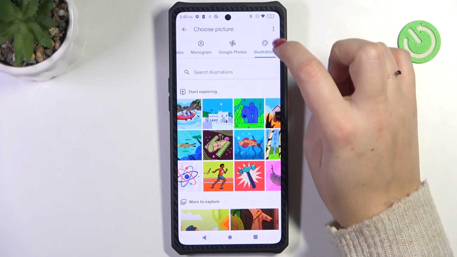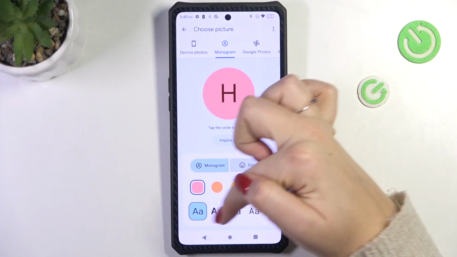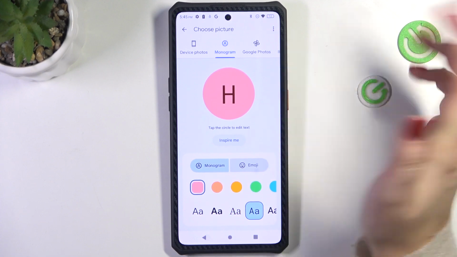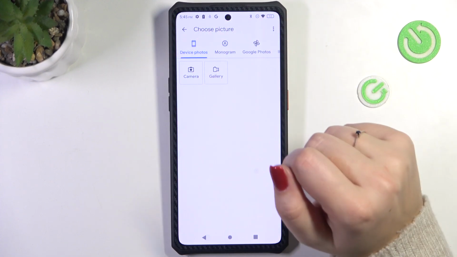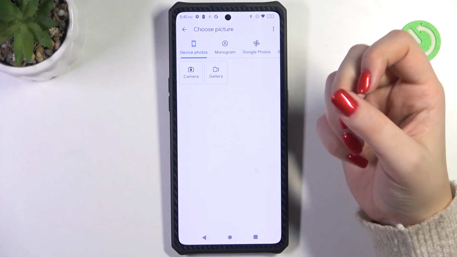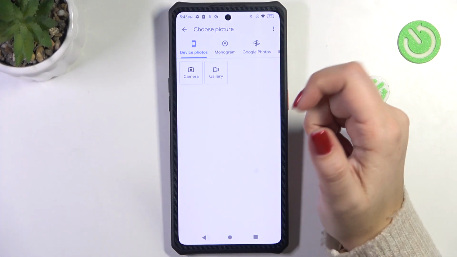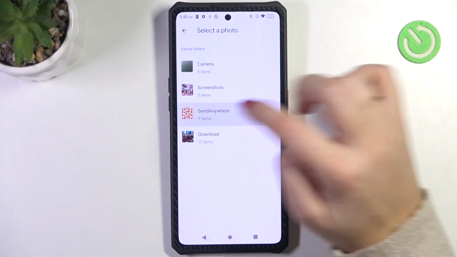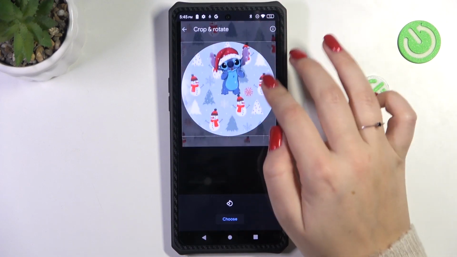customize the contact. Google Photos, here you've got your backed up photos, the monogram, so you can choose the font, the colors, etc. And device photos, where you can enter your own gallery or tap on the camera app, and your device will obviously open the camera app immediately, and you will be able to take a photo of someone who's in front of you. I'll choose something from the gallery, for example this one, that's cute, and here in this step you